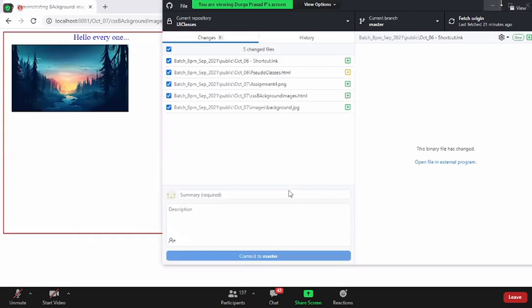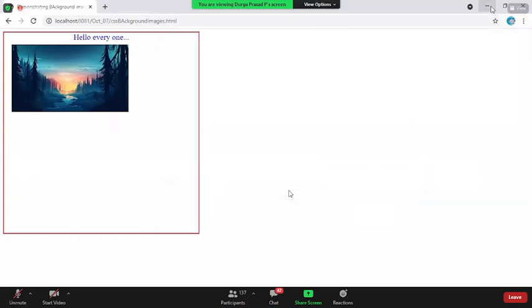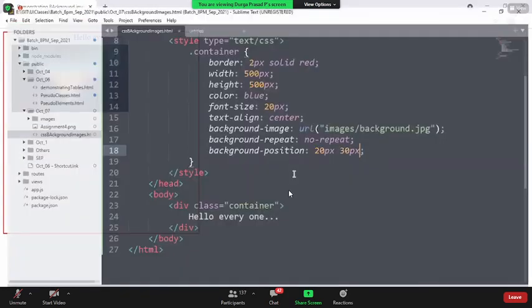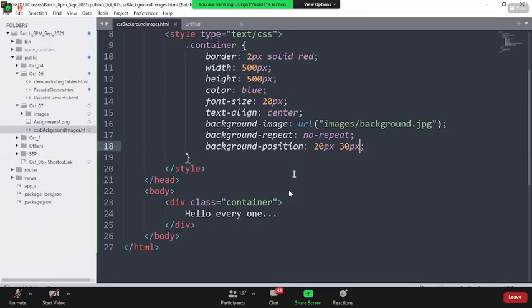You can control the repetitiveness of the background image. But when we go to CSS3, we have much more control over background images. You can add multiple images as a background for a single container. You can control the size of the background image. You can control the position of a background image. A lot of other things can be done. Right now, I am talking only about the CSS2 properties. But in CSS3, we'll see much more.